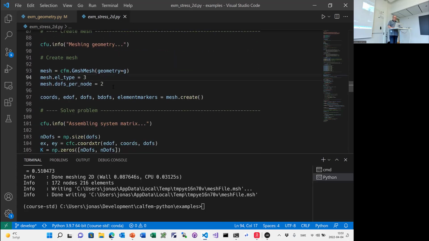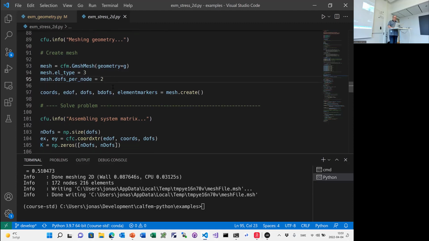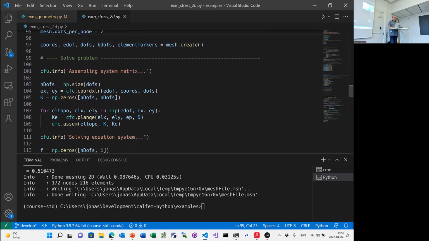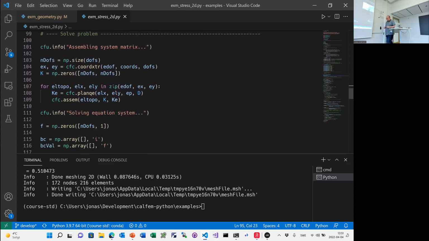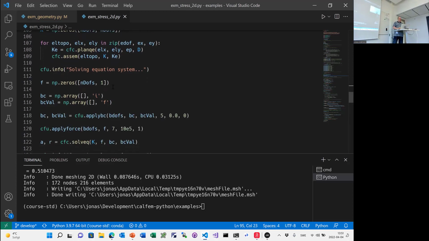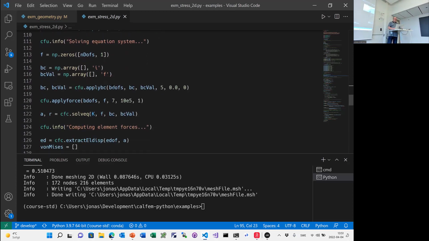We have 4 node elements. This time we have 2 degrees of freedom per node. We create a mesh, and we solve the problem just like before. Create ndof, and we get ex and ey, and then we create a loop for assembling the elements. We apply our boundary conditions here. So in this case, we have